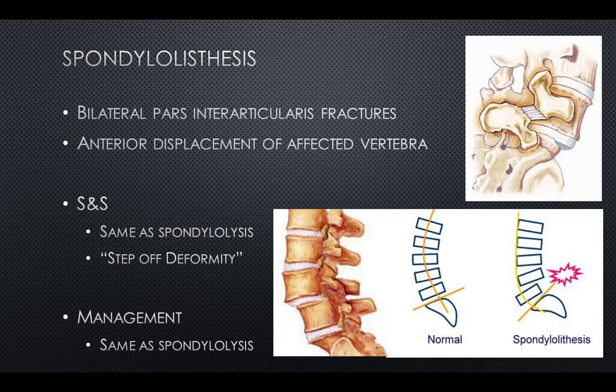A spondylolisthesis is a more severe version of a spondylolysis. This includes a bilateral pars interarticularis fracture. This injury may also include anterior displacement of the affected vertebrae. The signs and symptoms of a spondylolisthesis are the same as for a spondylolysis. However, this injury may also include a step-off deformity, which means when the spinous processes are palpated,